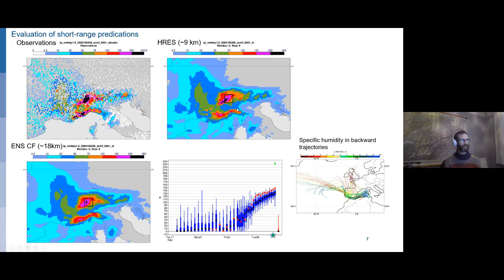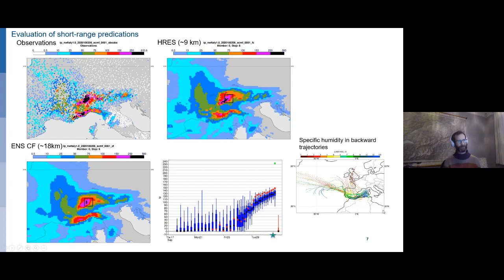So factors that need to be considered here are both the interaction with the orography and where the resolution plays a role. So here I included our HRES forecast with 9 kilometers and our control forecast with 18 kilometers. And we see that for this 1-day short range forecast, we get a little bit higher peaks